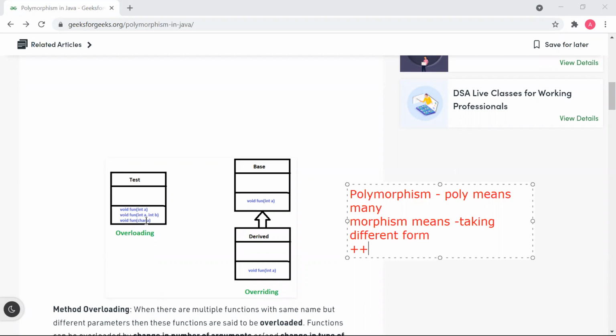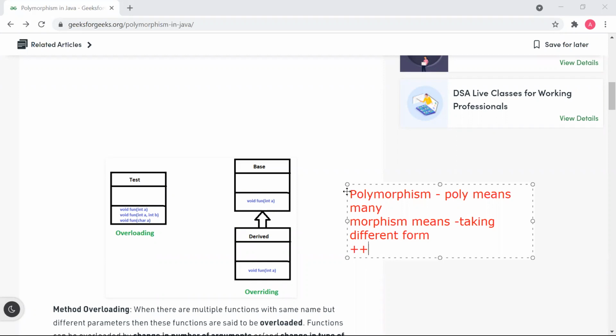Another one is overriding, where you add a function with the same parameter, here integer a, here also integer a, but they should be in different classes. Suppose this is your parent class, Window 8, and the same function you implement in Window 10, but they should be in different classes, and you can declare the function as it is here. That is called overriding. There is no difference here, right? So this is called the polymorphism concept.